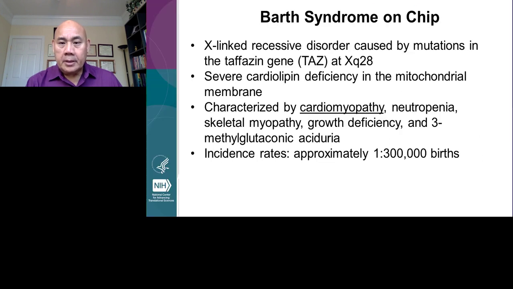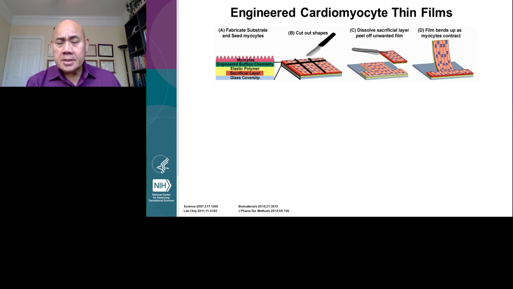So with this effort, one of the examples is looking at, for example, Barth syndrome, which is an X-linked recessive disorder caused by a mutation in the tafazzin gene on chromosome X. It is caused by a severe cardiolipin deficiency and essentially characterized by cardiomyopathy. And it's one of the rare diseases, about 1 in 300,000 births. And so this is how it's represented in a tissue on a chip, wherein cardiomyocytes from patients are put into muscular cardiomyocyte thin films, wherein